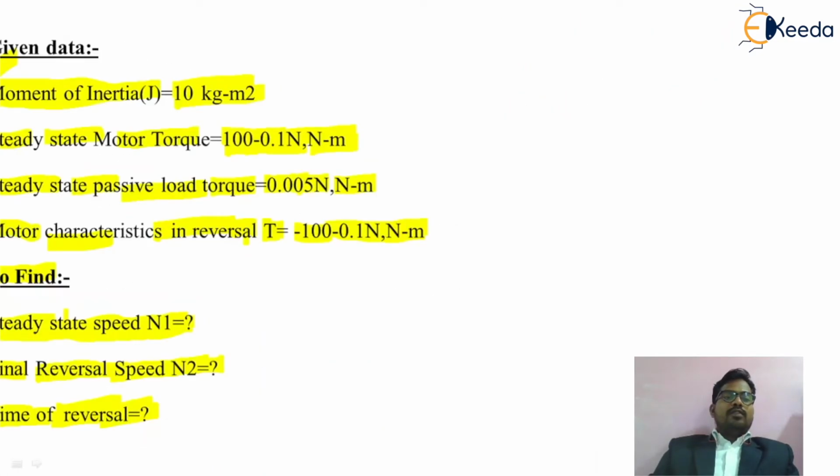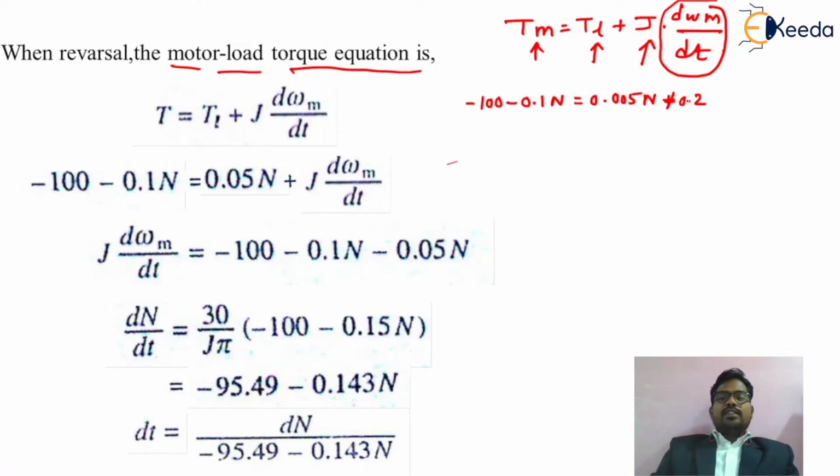The value of J is 10 kg meter square, into the rate of change of speed, that is d omega m by dt. By simple calculation, now we want to find out the value of t. For that sake, we have shifted this term to the other side and get a simple equation in terms of J. The value of J we are not substituting, keep it as it is. So J into d omega m by dt